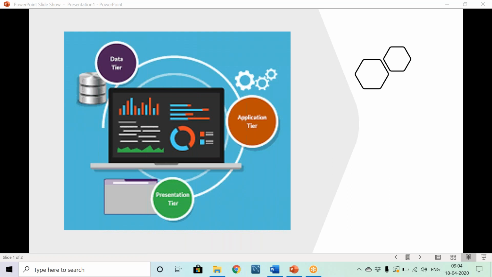Now say for example, if you have a drop down on a screen, and a text box on a screen, and you have made changes only to the drop down, why do you want the whole page to refresh? The idea behind the scenes is that if you have multiple elements on the screen, a text box, a button, a drop down, a radio button, and you have made changes to any one of those items, right?